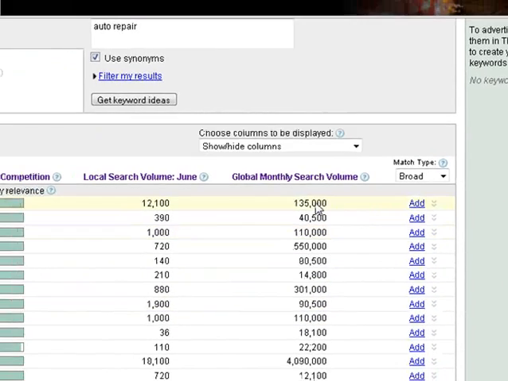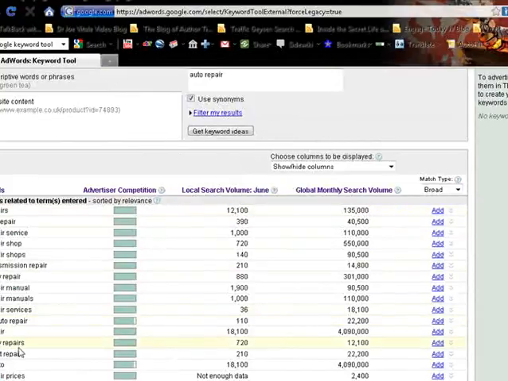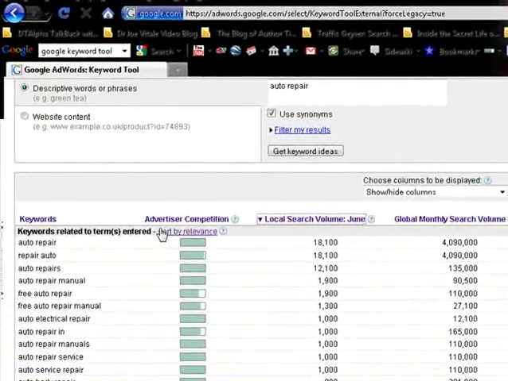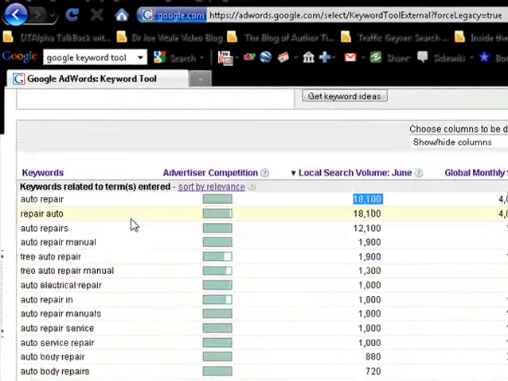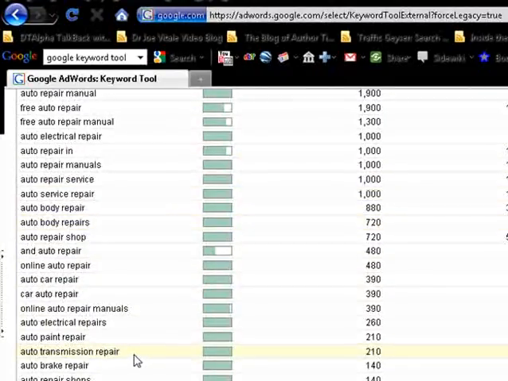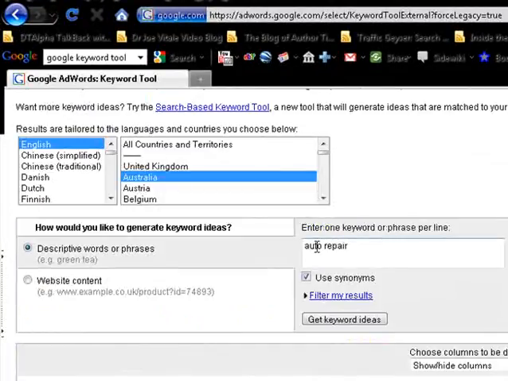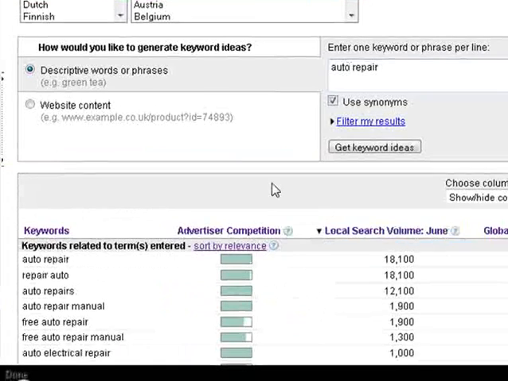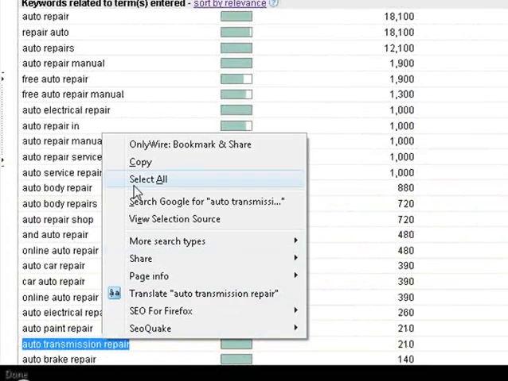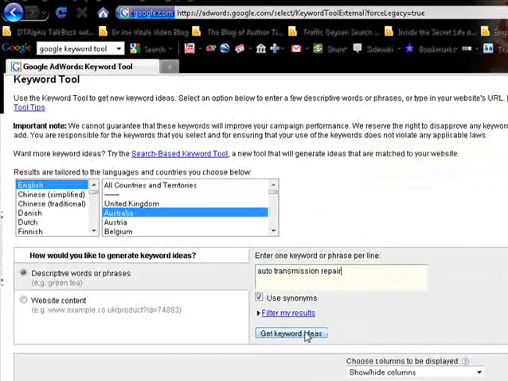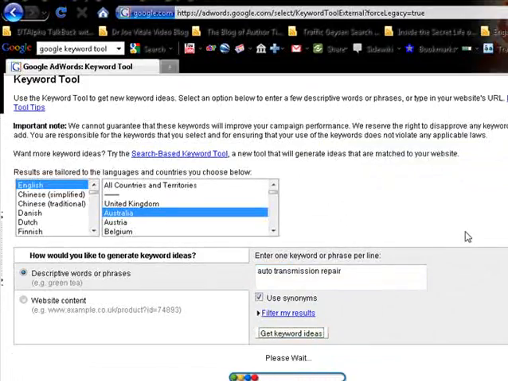Now, what you might want to do, just to get some keyword ideas, is click on local search volume, and rather than sorting by relevance, it'll sort from the most search volume to the least search volume. I said you just want to try and get some ideas. Before, I saw transmission here, so auto transmission repair is a little bit more specific than just auto repair. You might want to grab that and actually dig a little bit deeper as well. So you can click on here, auto repair,